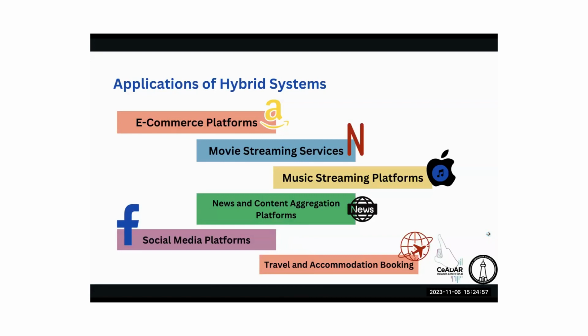So let's talk about, finally, travel and accommodation booking. How can a hybrid system be useful for travel and accommodation booking? Let's think about it. We all know about collaborative filtering, where different users are using different platforms, there will be different booking histories, different hotel booking histories, and hotel types also, like 3-star, 4-star or 5-star hotels. And how can content-based filtering be applied for this? Let's think about it.